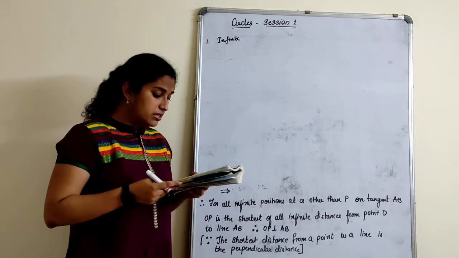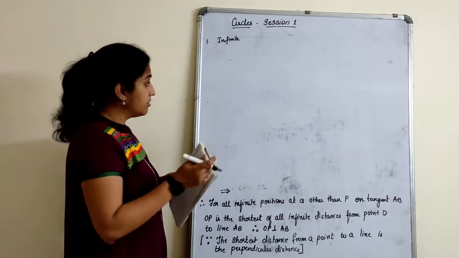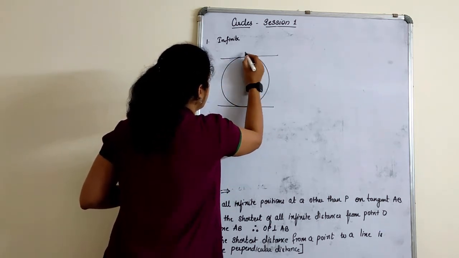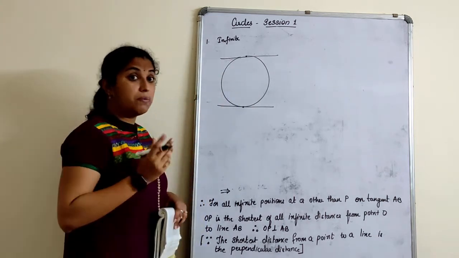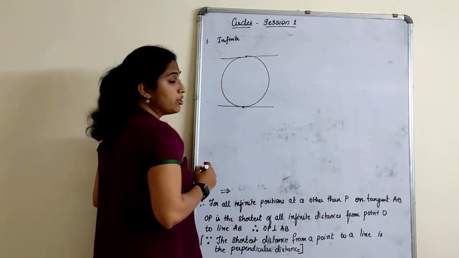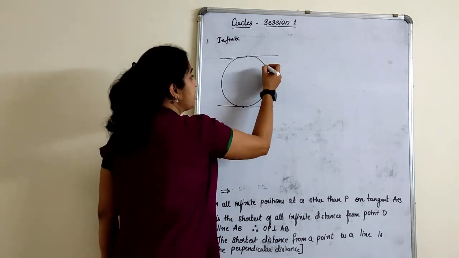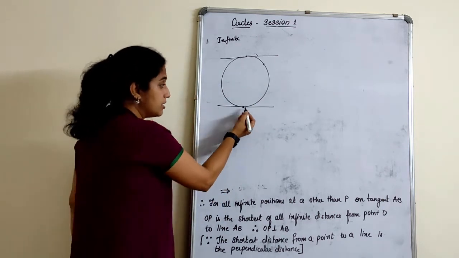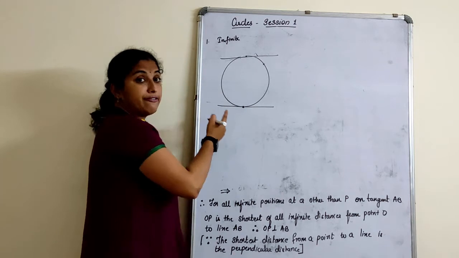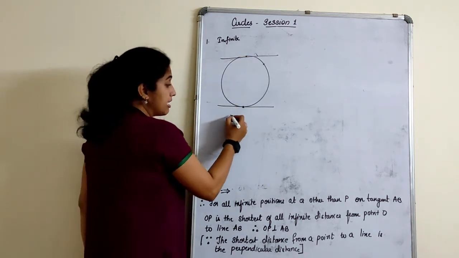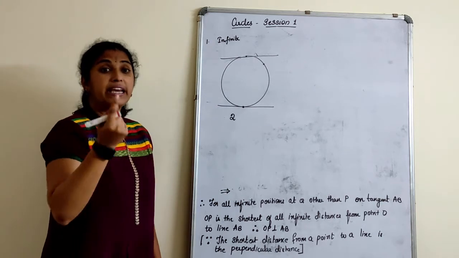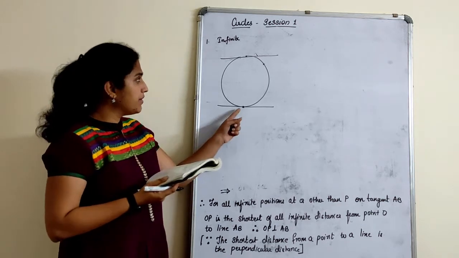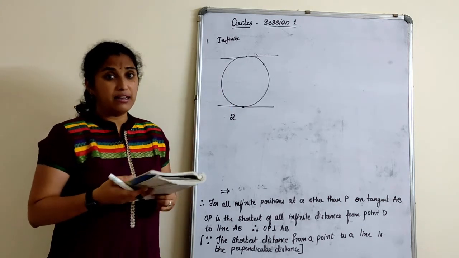The next one. A circle can have dash parallel tangent at the most. If this is a circle, at the most I can have a pair of parallel tangents. If this is a point of contact, then wherever I want, if another point of contact is here, I can't draw a tangent. That will not become a parallel tangent. With respect to this, when I have to draw, it has to be here only. Correct? That means I can draw two, or we can say one pair. A circle can have two parallel tangents at the most, or one pair of parallel tangents.